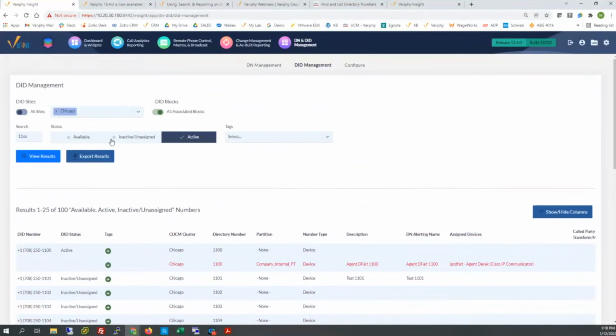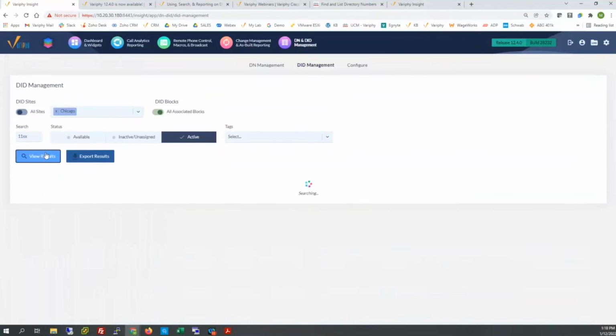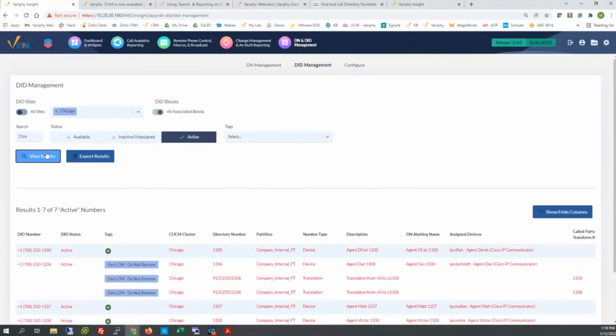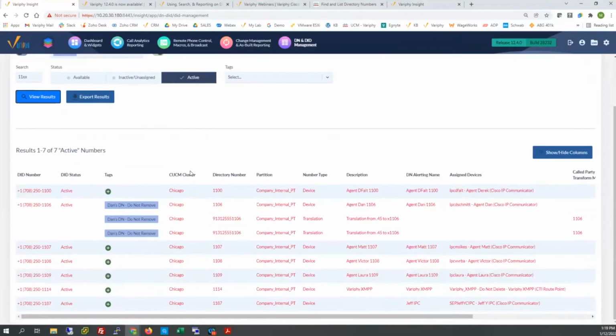Maybe we're only, once again, chasing the actives. We can certainly do that. What are the active DIDs that are linked to internal DNs that are active within this cluster, within this DID site? And here they are. Here are the 7. Once again, we have the full 10-digit DID mapped to an internal DN. We have a verified cluster name reference. We have a status